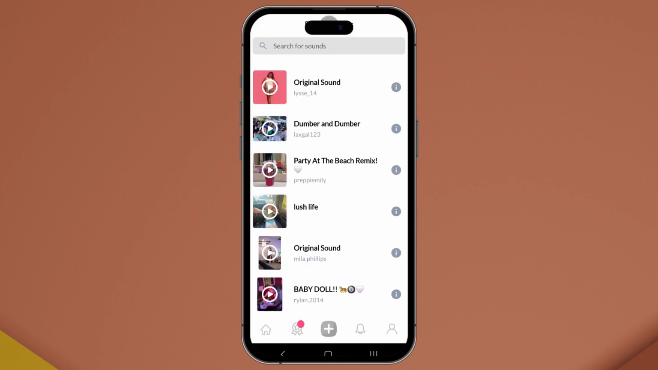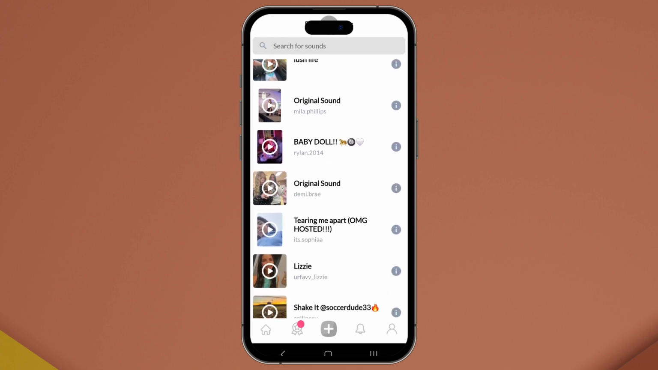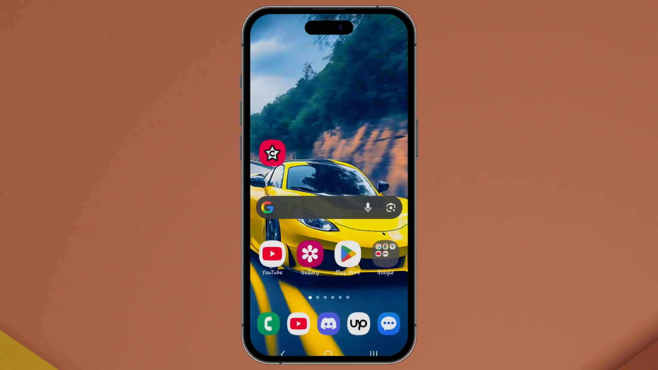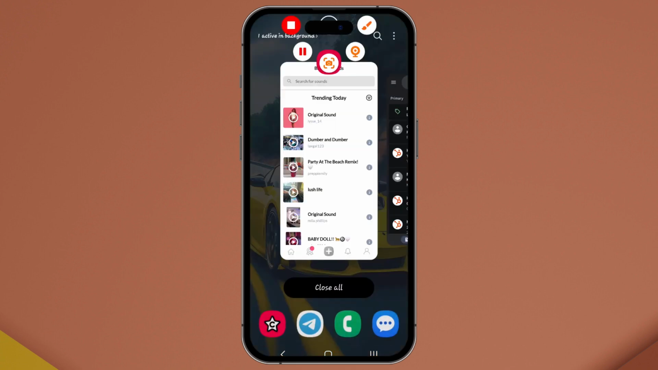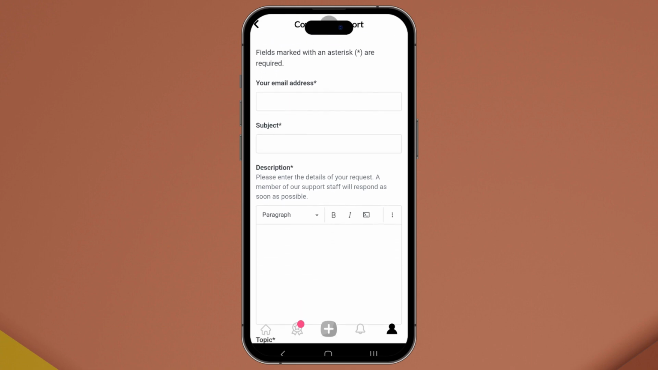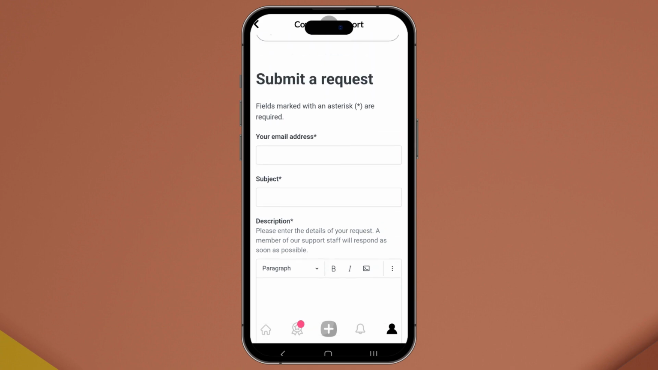However, if you don't see the live option, it means your account doesn't yet have permission to go live. CoverStar doesn't automatically give this feature to all users. To request access, you need to contact their team by submitting a request. Go to their contact page and fill in all the necessary information, including your CoverStar username, and clearly request access